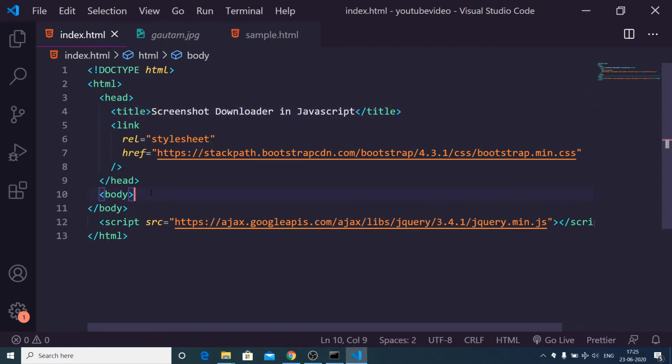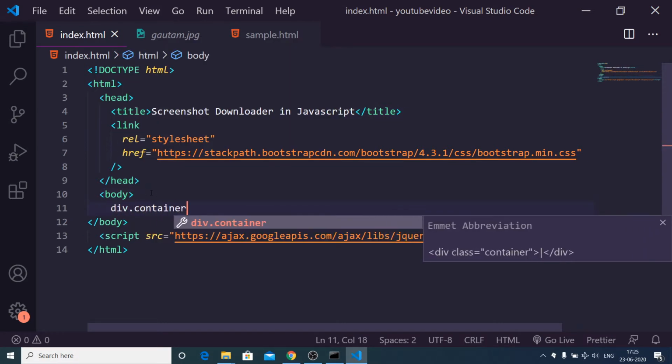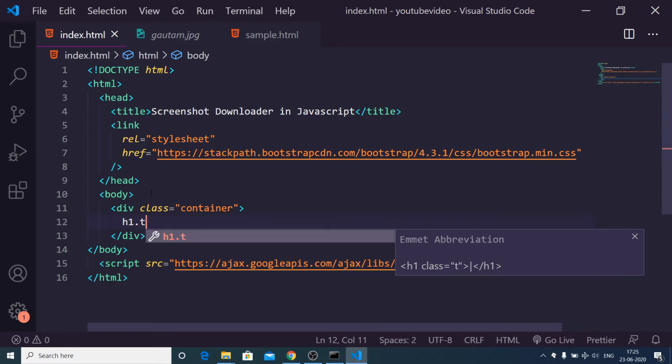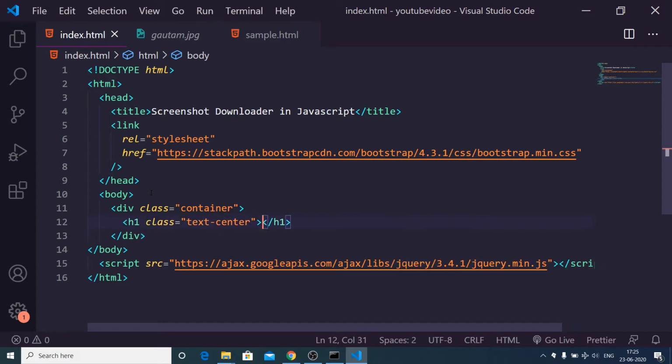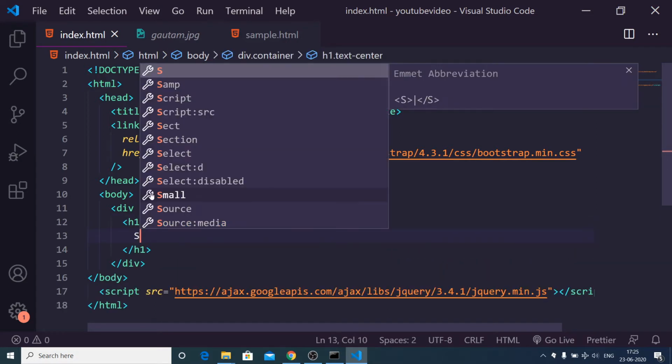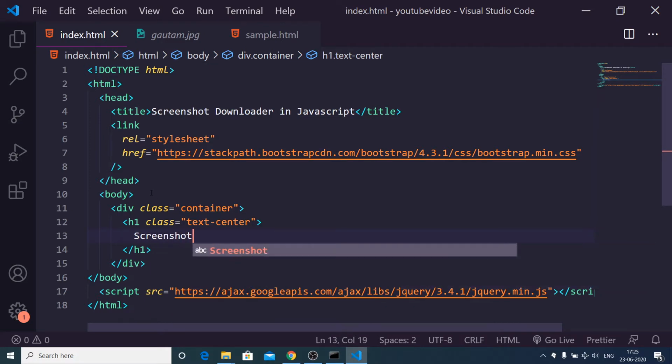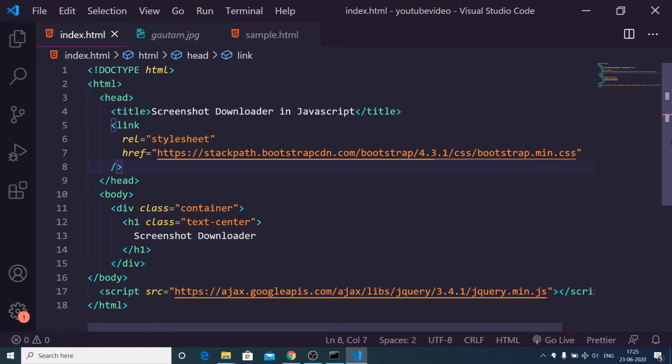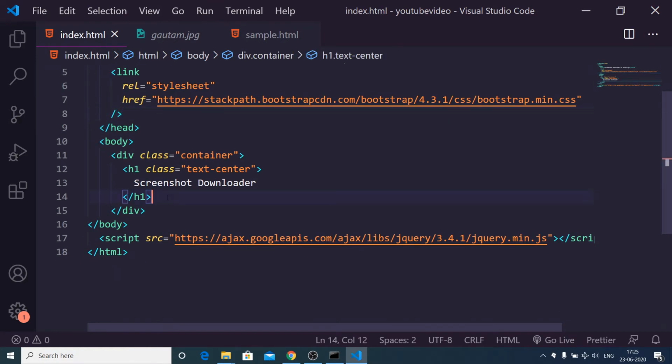Inside the body you will have the container class of Bootstrap. Inside this we will have a text center class heading, which will be screenshot downloader.